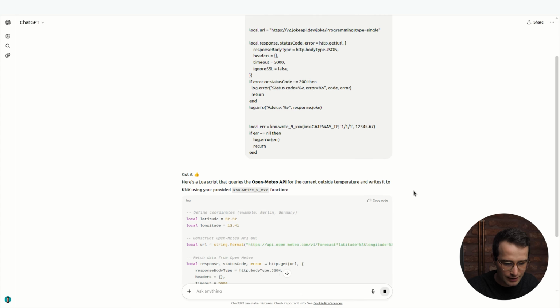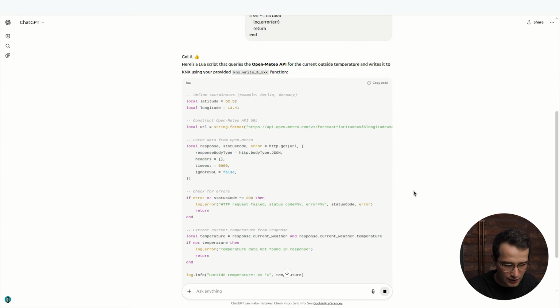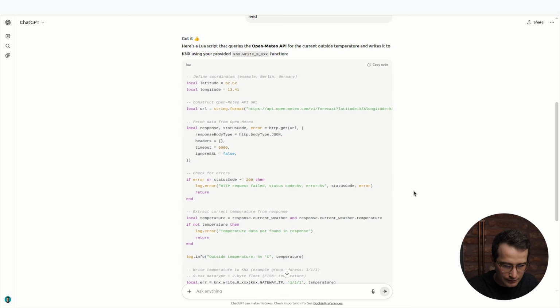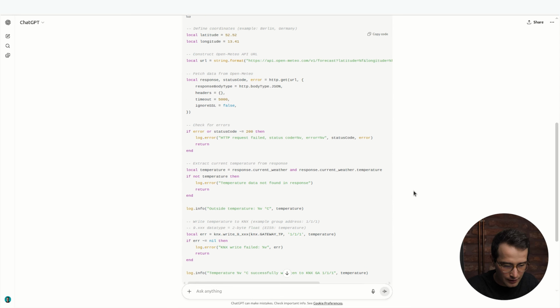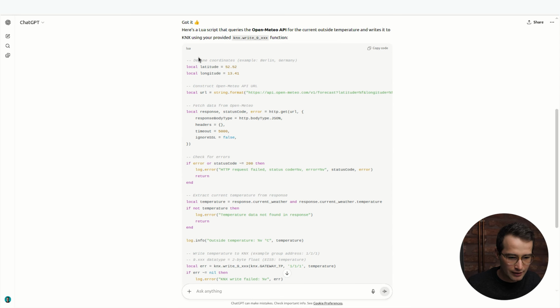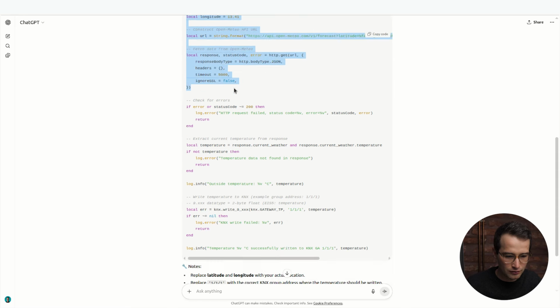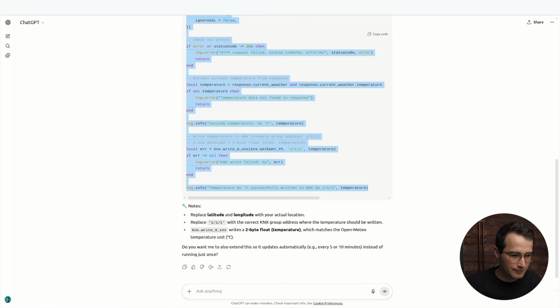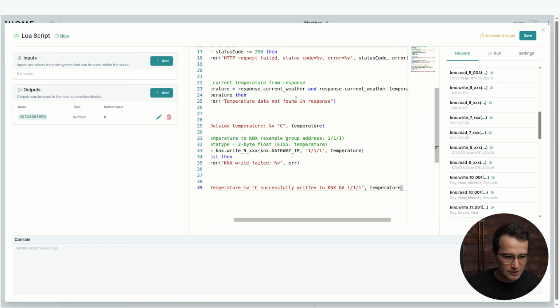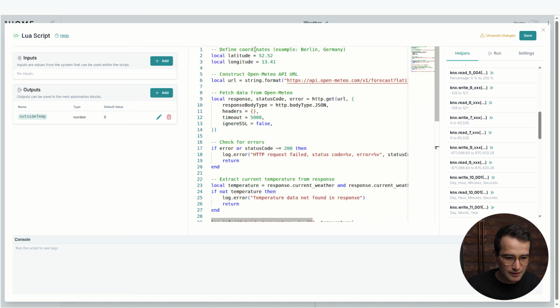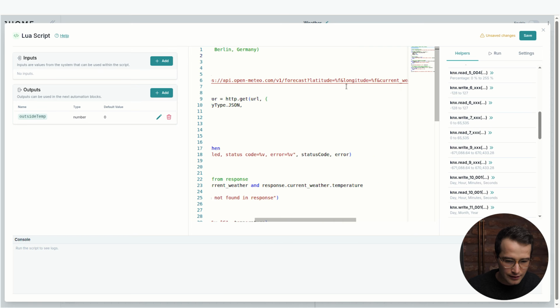Okay, let's see. Here is actually the request already. And let's just copy it and let's look in the editor what it does and if it works. Let's copy, let's paste, and let's see. So it takes latitude and longitude. Here you could use our provided functions already. It creates the URL with the latitude and longitude.